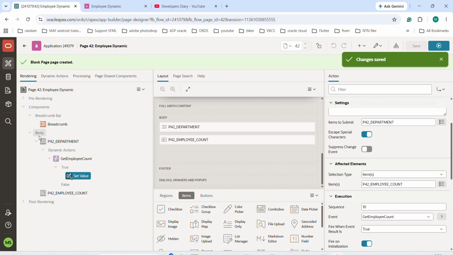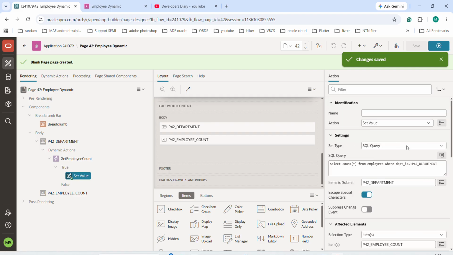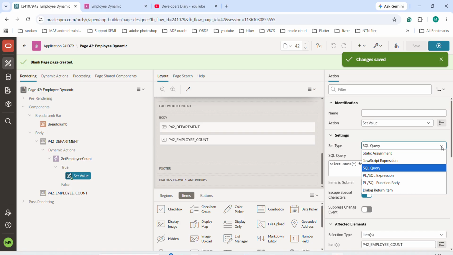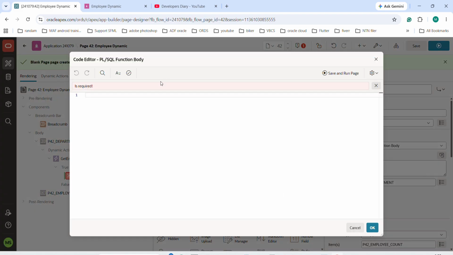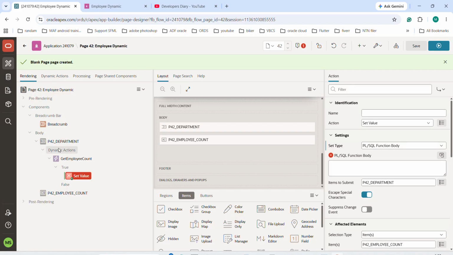Let's create another action based on this value. What we have here is the SQL function body. So currently we have used a single query, but if we want to do some calculation, we can use the PL/SQL function body. So for example,